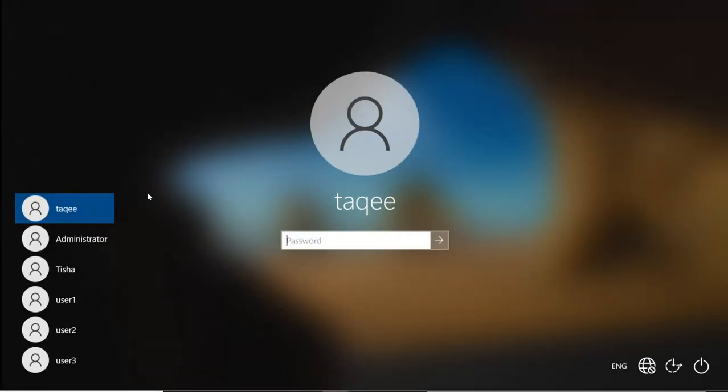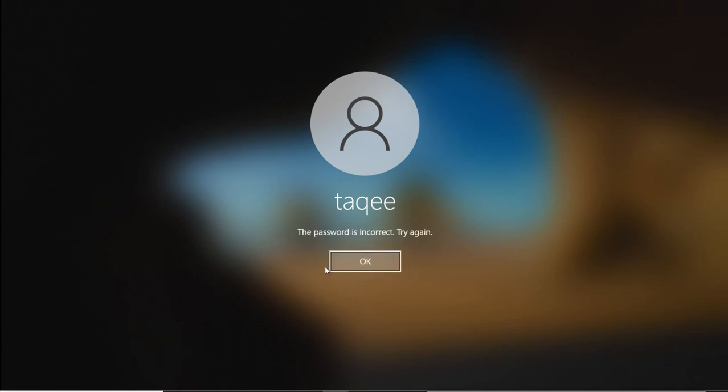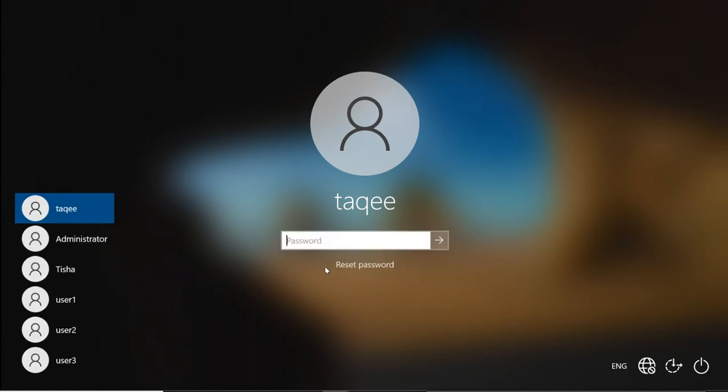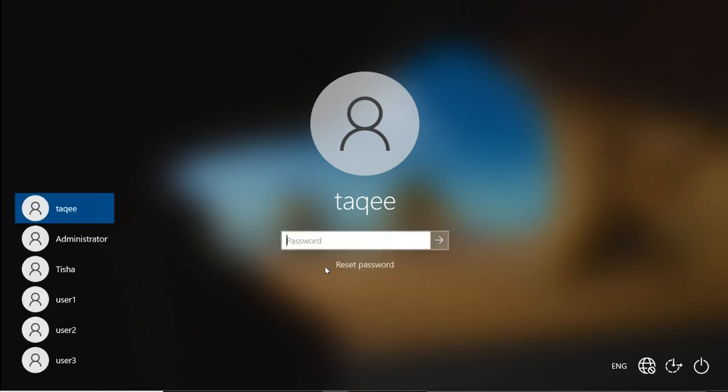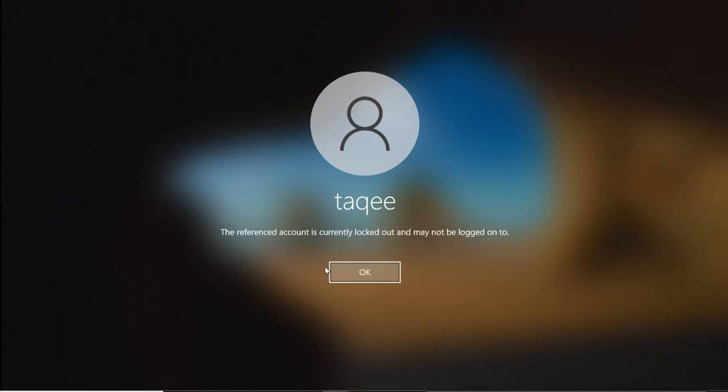Now we have the administrator account also, but I want to log in with this user, so I will select it. My password is ABC@123, but I will try a wrong password, A123. This is incorrect. This is the first wrong attempt. Now I will try XYZ. This is also wrong. Now I will try 123. Now you see what it is saying. It is not saying wrong password because I have already used 2 wrong passwords.